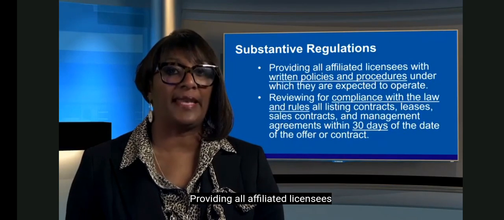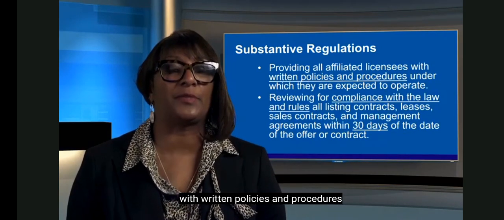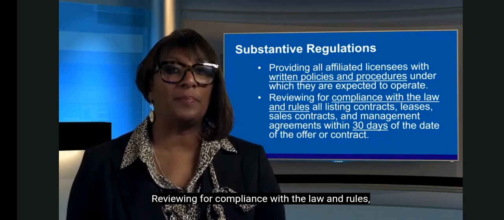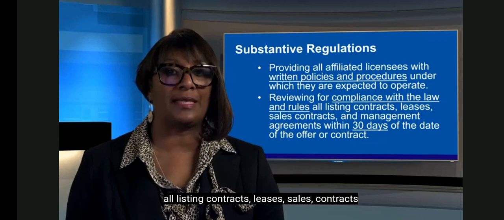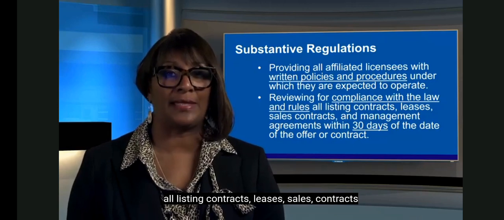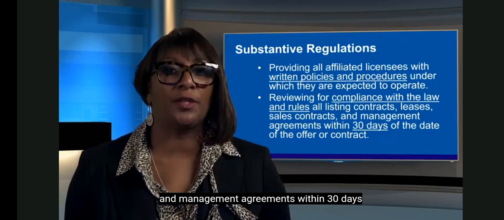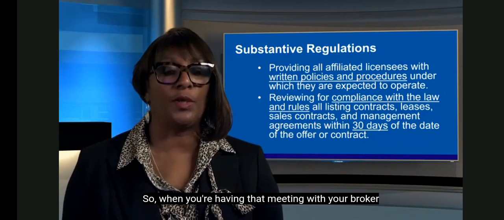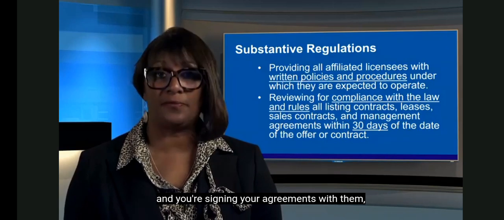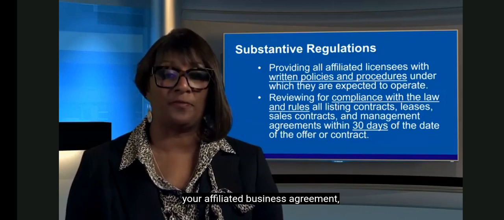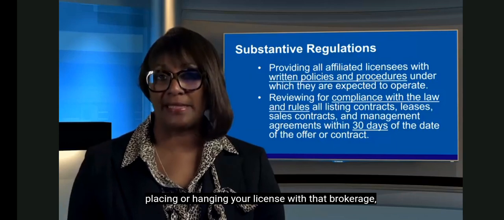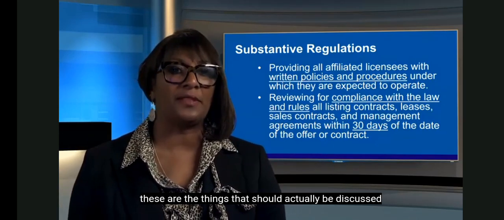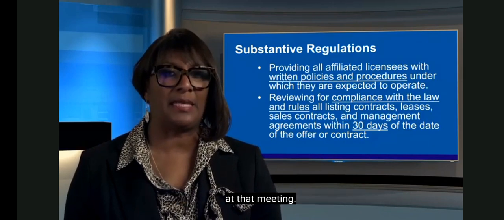Providing all affiliated licensees with written policies and procedures under which they are expected to operate. Reviewing for compliance with the law and rules all listing contracts, leases, sales contracts, and management agreements within 30 days of the offer or contract. So when you're having that meeting with your broker and you're signing your affiliated business agreement, placing or hanging your license with that brokerage,